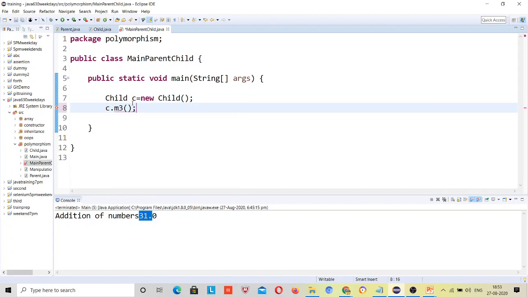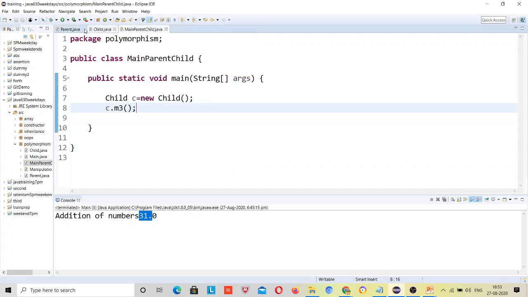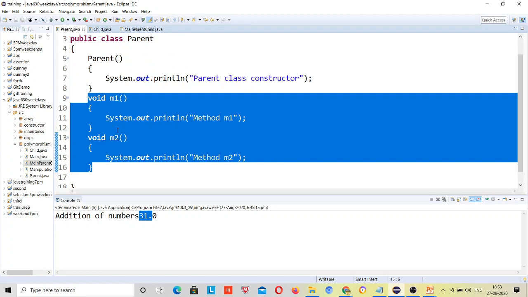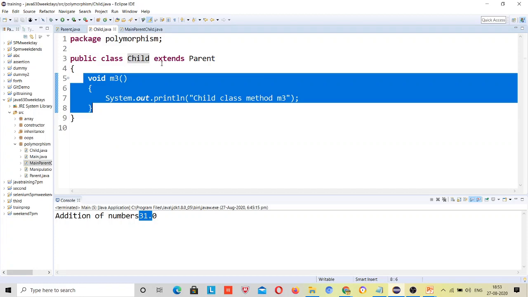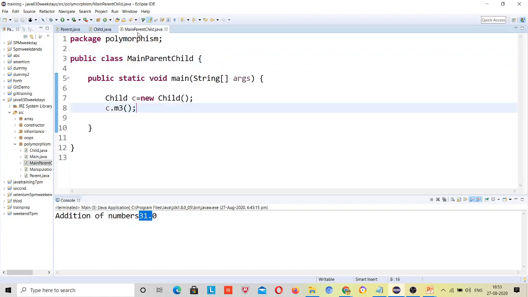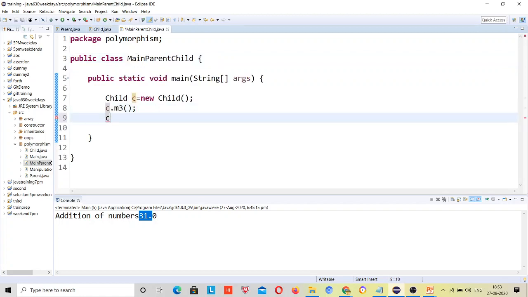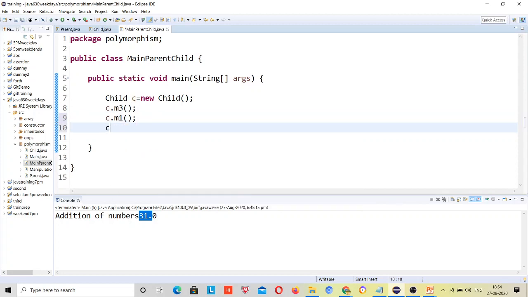Okay, but if I want to call these methods, there are two ways: either make the object for the parent class, or, if you want to make the object for the child class and call the methods of the parent class, then you have to extend these methods inside this class. How can you extend? By providing inheritance, so you can directly call them. So the reply you gave was valid for this concept, not for M3. Is it clear or not?